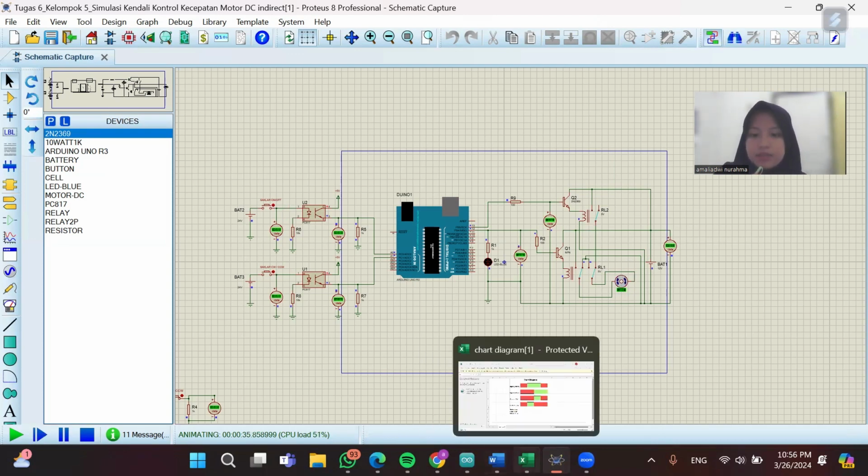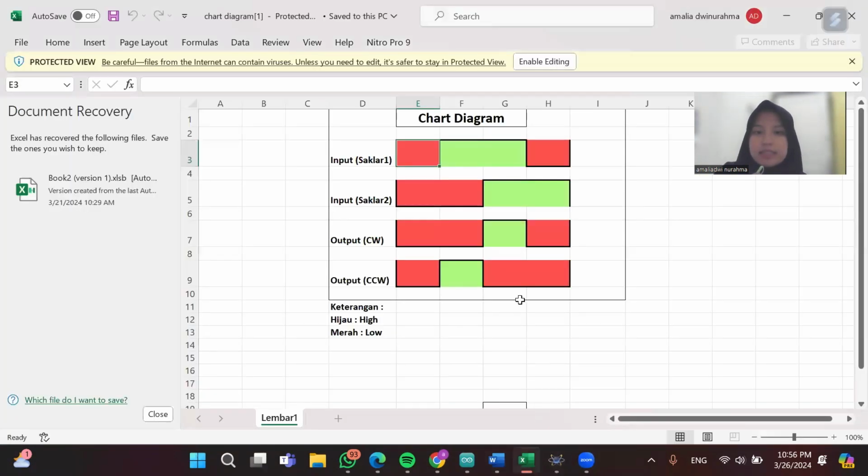And we go to the diagram. This is a chart diagram. Red is low and green is high. If input or switch 1 is low and input 2 is low, so output CW and CCW will be low.